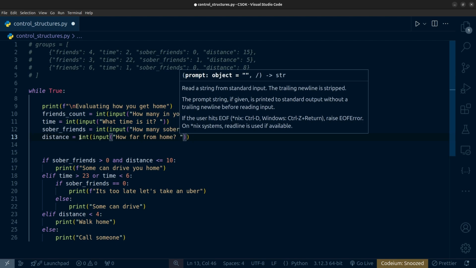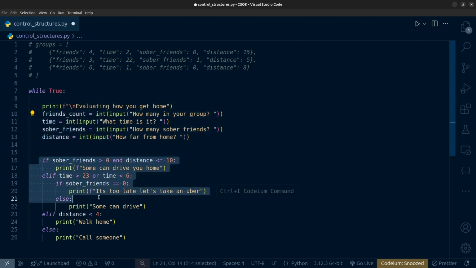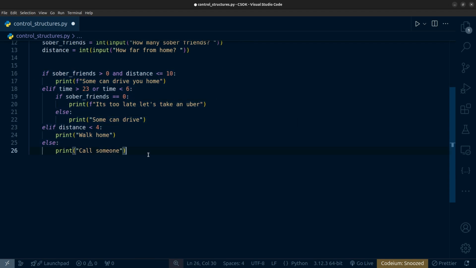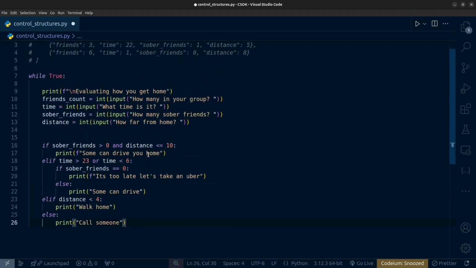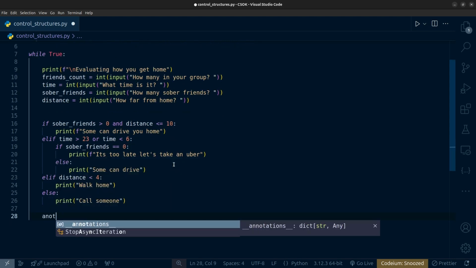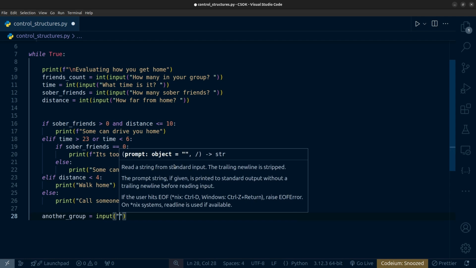Okay, now we have the same data we had the first time, and our loop executes just like earlier, so we're just doing the same things over and over again. But finally, since this loop will execute infinitely, we can have a condition. After running the condition here, we can have evaluate for another group, and we can have input from the user,